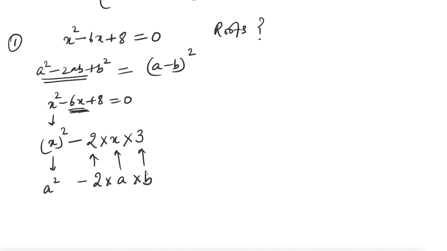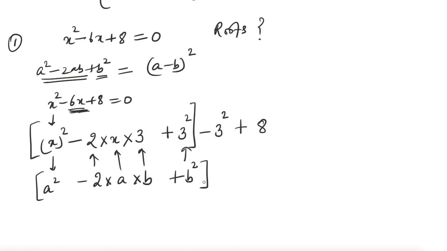So if I'm adding b, now I need a third quantity b square. So I will add 3 square. Okay, and since I'm adding a certain quantity to the equation, I need to subtract the same quantity also. So minus of 3 square, and the last term I will write as it is. So this 3 square becomes b square. Okay, so this is my a square minus 2ab plus b square, which is nothing but a minus b whole square. Okay, so this thing finally becomes x minus of 3 whole square